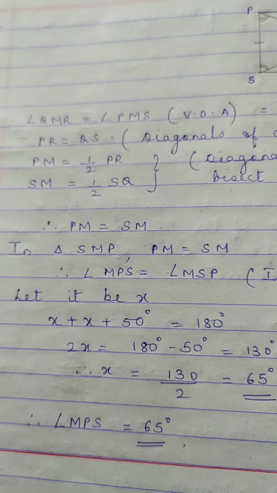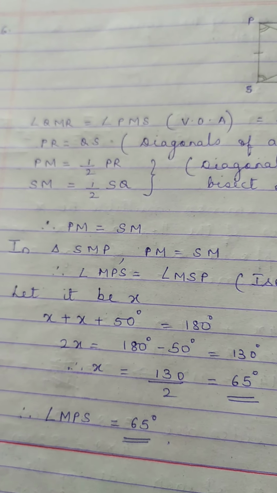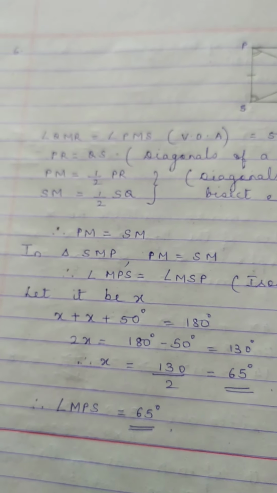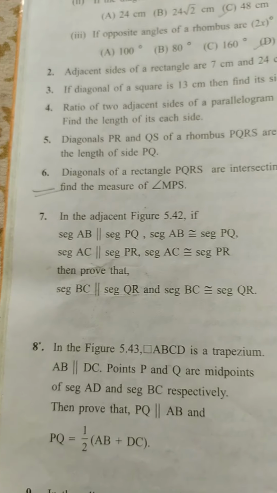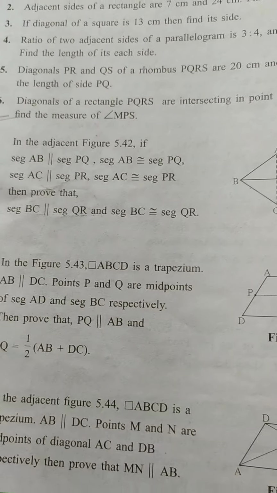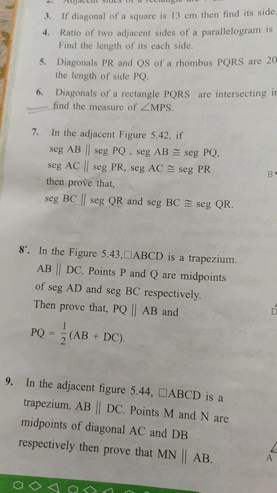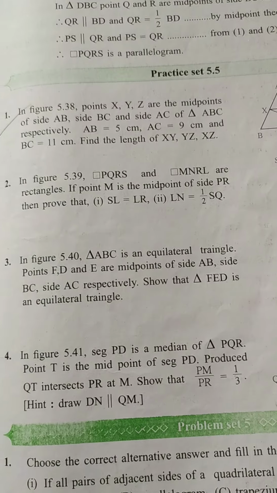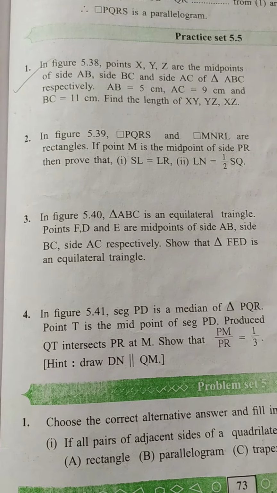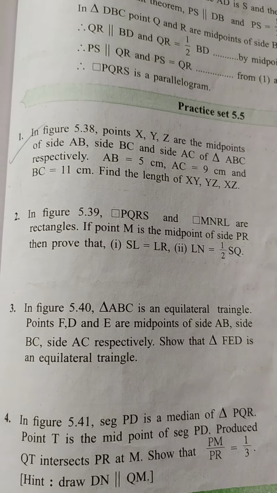So with this, children, we finish off with the activity based sums of this lesson, which are going to be important for your unit test. All right. Now the remaining questions of the problems 7, 8 and 9, you will try out. I'll be solving them in the next video. So these 3 questions, 7, 8, 9, and from the exercise questions 2, 3, 4 will be done in the next video. Okay. So that's all, children.